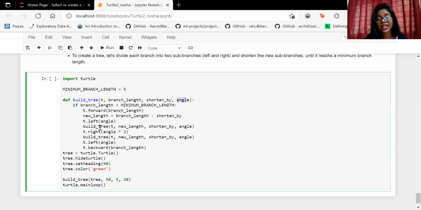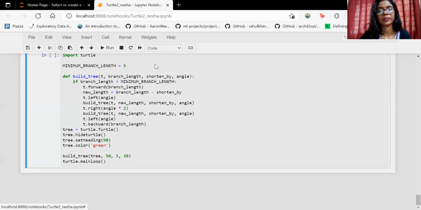You're calling build_tree again recursively, passing the turtle object and giving it a new length, and this keeps repeating. Coming out of the loop, the turtle object is instantiated and given the color green, then we call the function and the main loop. Let's see how this will be executed.